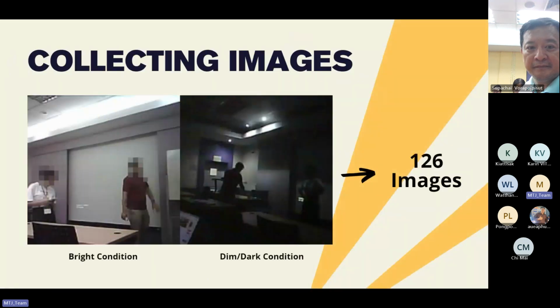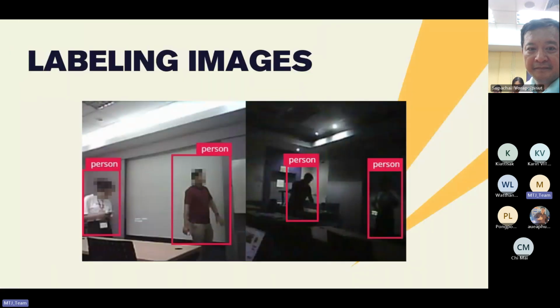So here we had to collect images which were from different conditions. Actually, 2 main conditions, bright condition and also dim, dark conditions, in order to create a proper data set. And the data set consisted of 126 images. After that, we needed to label our images to know where the person is, so we could train the